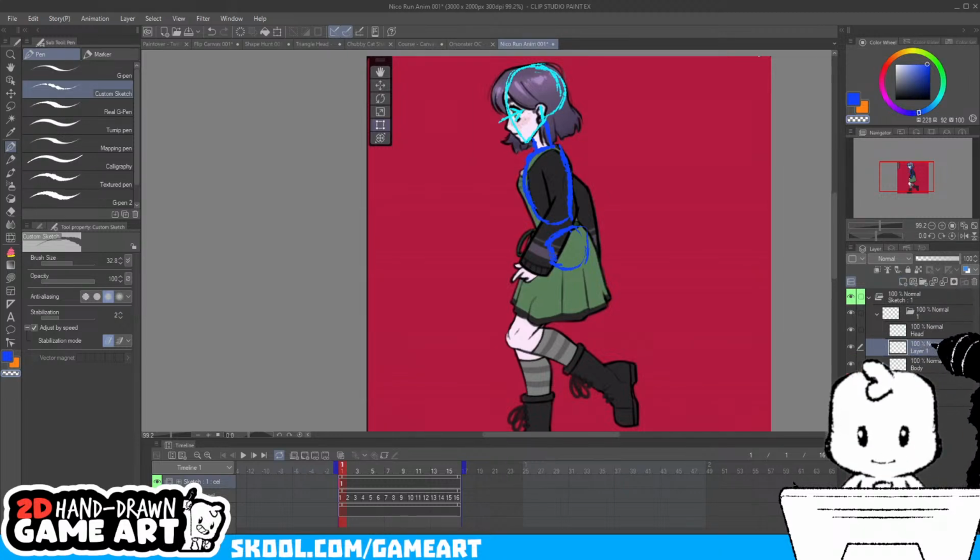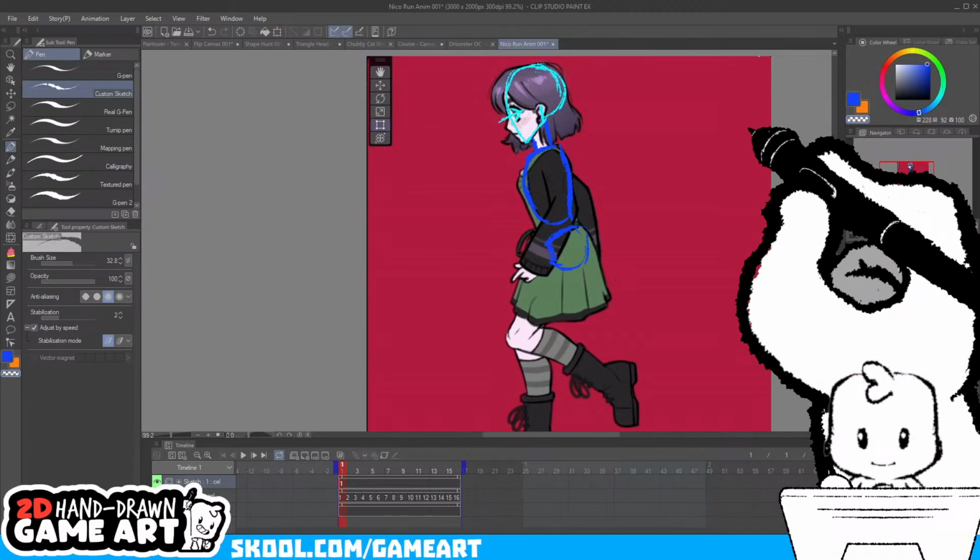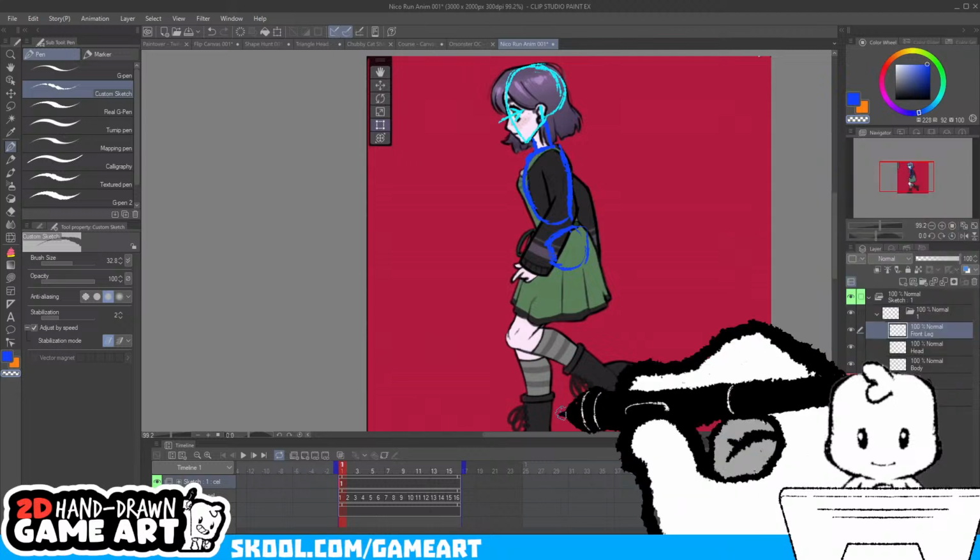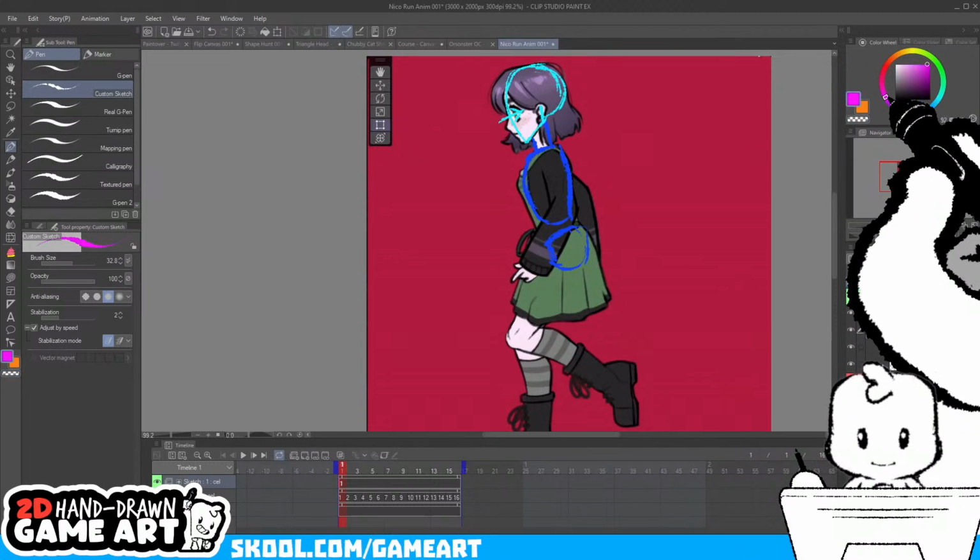Now we need to get the front leg in there. I'll just do this on the top layer. We'll do the front leg.